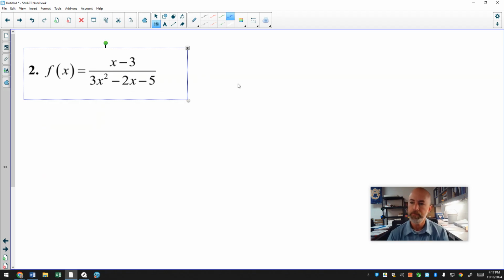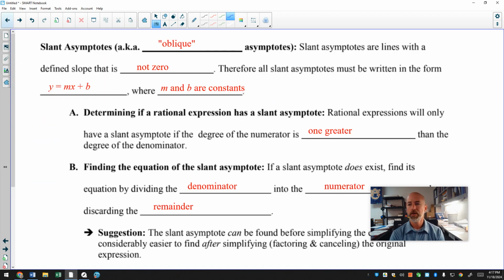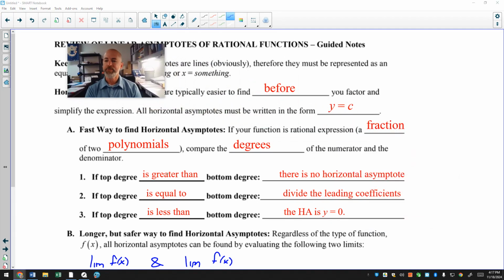Let's see, number 2. Again, I'm going to start with horizontal asymptote. The degree on top is 1, the degree on bottom is 2, bottom degree bigger. It's bigger on bottom, so that's y equals 0. Which actually just reminded me of an expression my students told me many years ago. With the horizontal asymptotes, if the top degree is bigger, then there's no horizontal asymptote. So bigger on top, BOT, bigger on top, is undefined. There's no